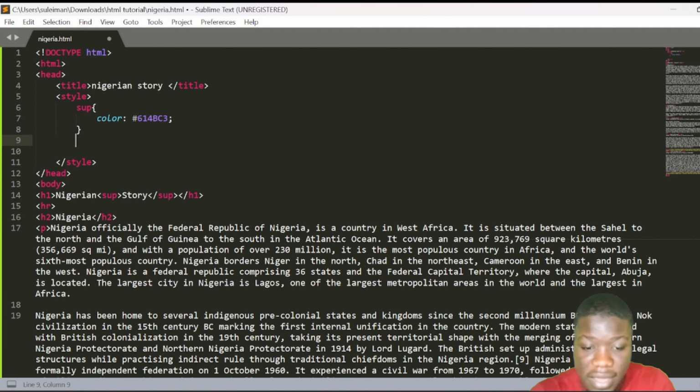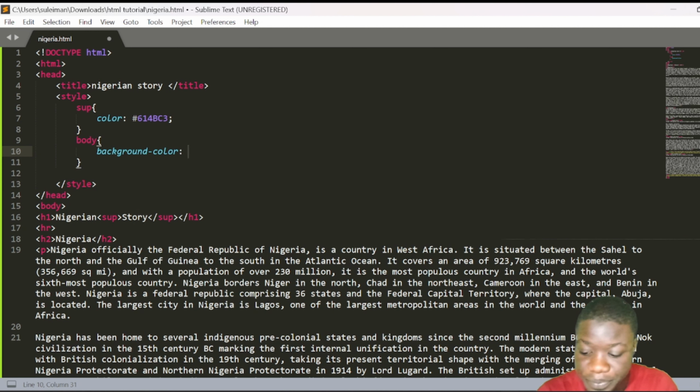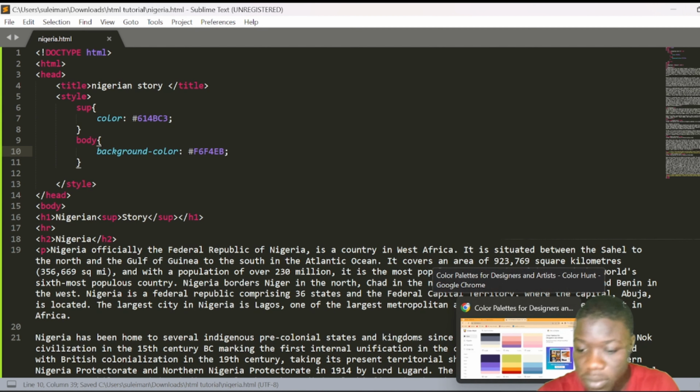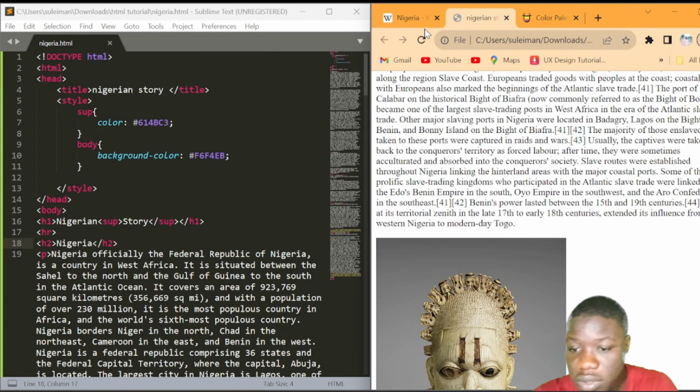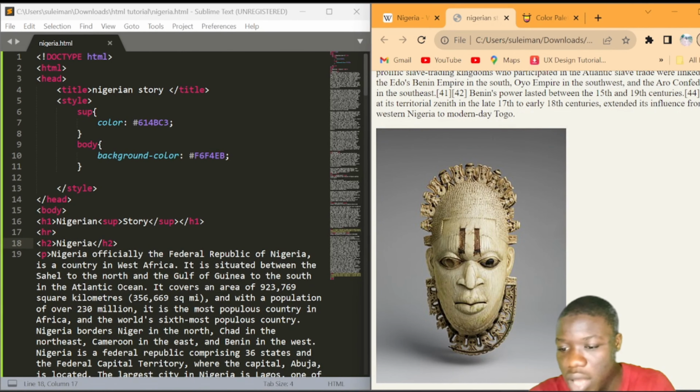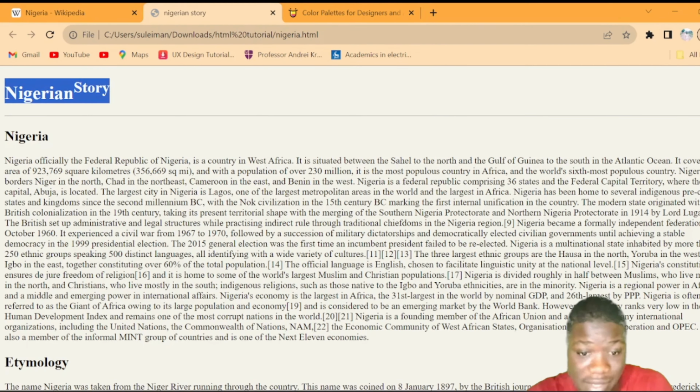So we declare our body and the background color, and we are going to paste one now. So pasting them. So we are going to change our background. So we change our background and we have our background changed. So we can go to background and change that, because this is not a white color. We can even change